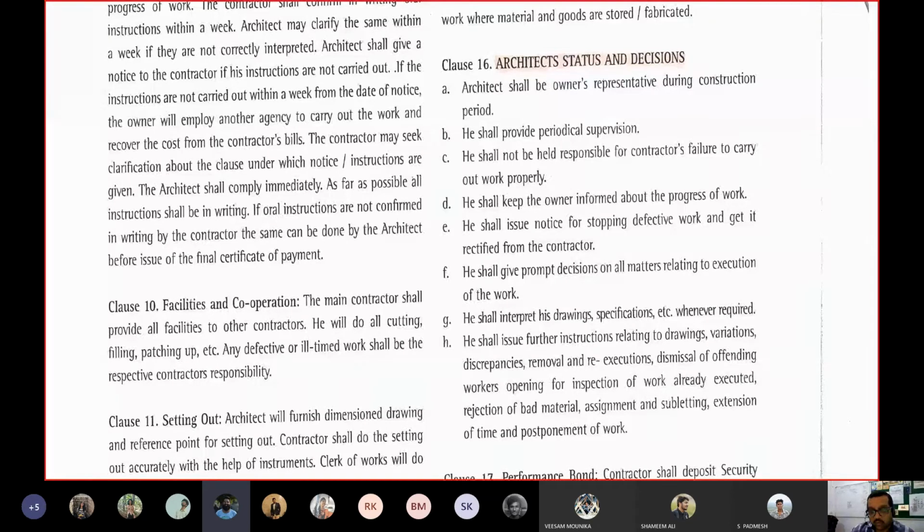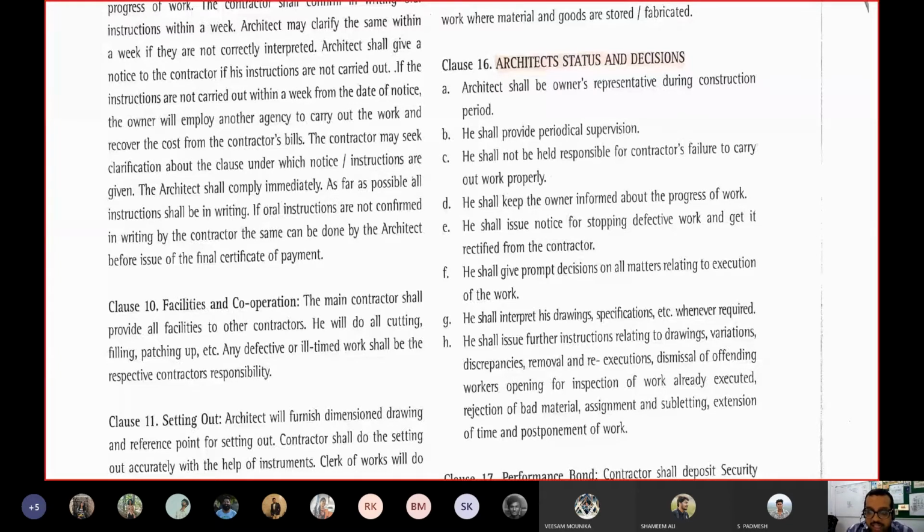Okay. So those kind of people have to be removed immediately from the work, and an architect has the power to do so only if he clarifies it beforehand during signing of this contract document. While signing this contract document only, he has to state what all things might happen in the course of construction. Keeping that in mind, he should write the contract document right now. Okay. So with experience only, this contract document becomes clearer and clearer.